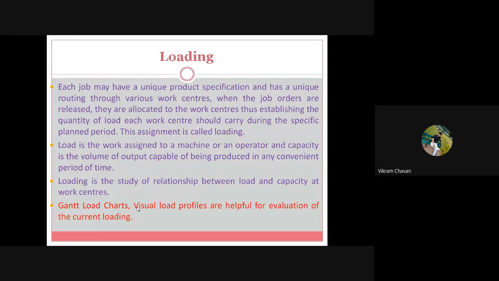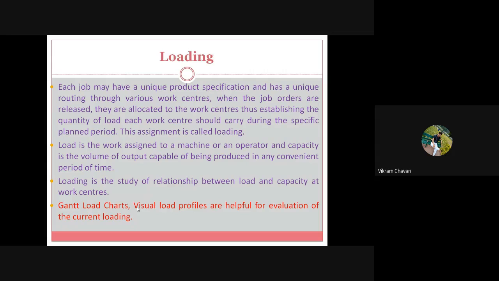So load is the work assigned to a machine or an operator, and capacity is the volume of output capable of being produced in any convenient period of time. So capacity means how much volume of output is produced by that particular machine